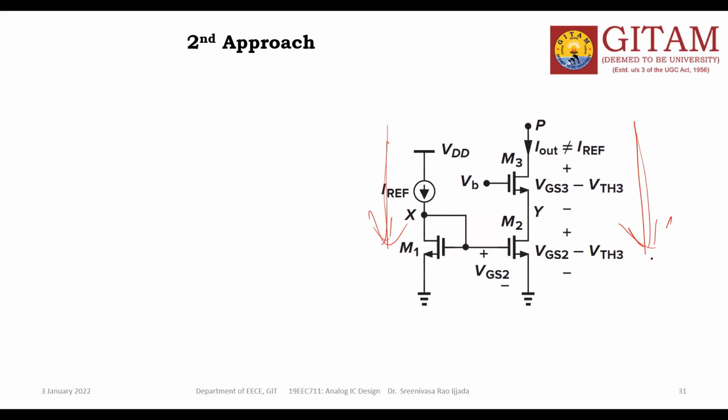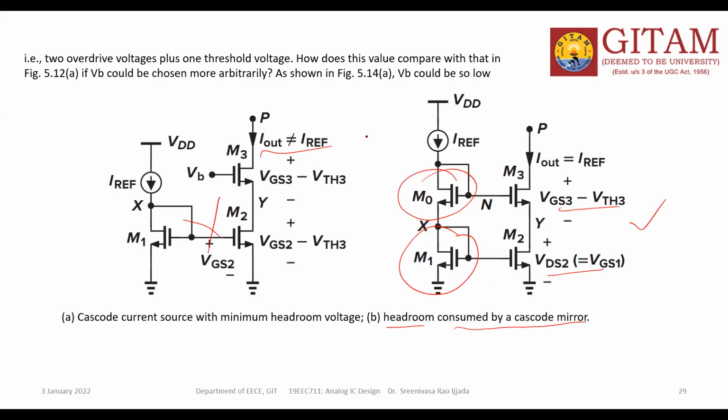So this circuit we already know, and this modified circuit also we know. In these two circuits, we failed to generate the current. In this circuit, we failed definitely because the situation is already there. In this circuit, we can generate, but the problem is the extra VTH. So to avoid this very bad situation, how can we overcome it? Clear? So for that, I am going to another analysis.